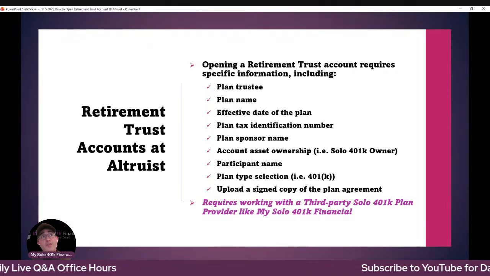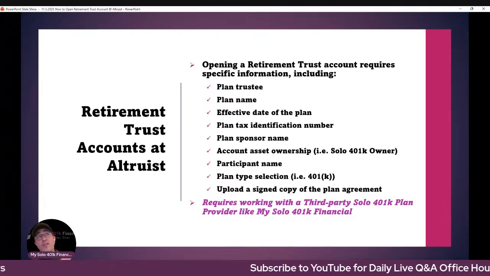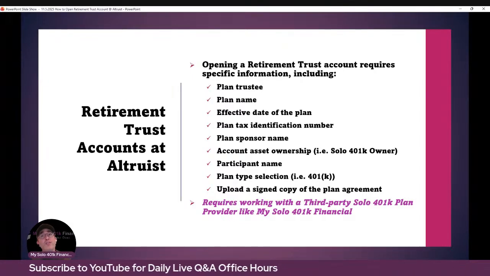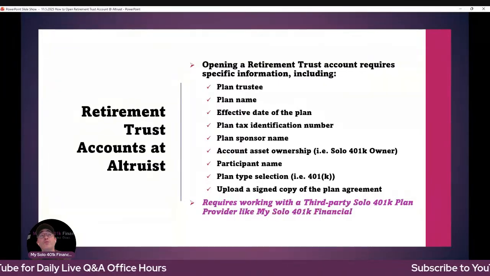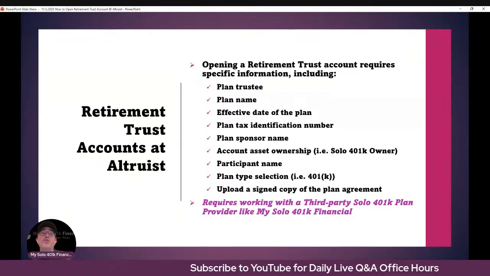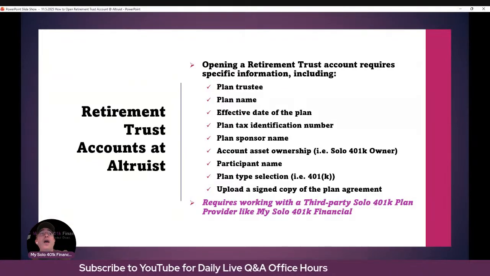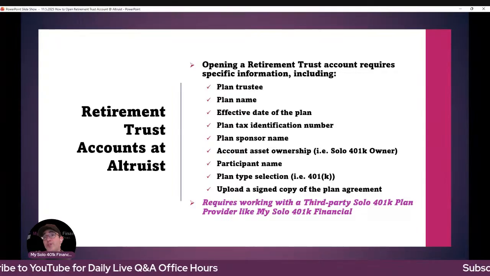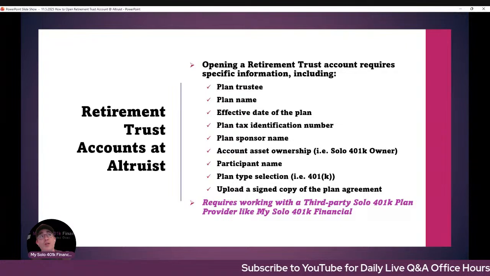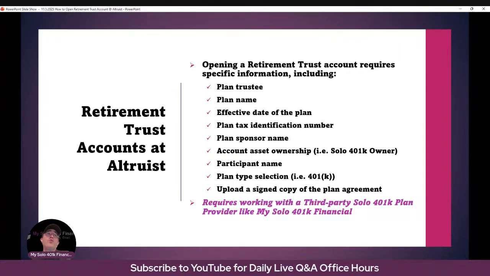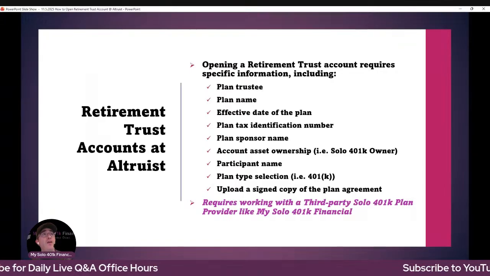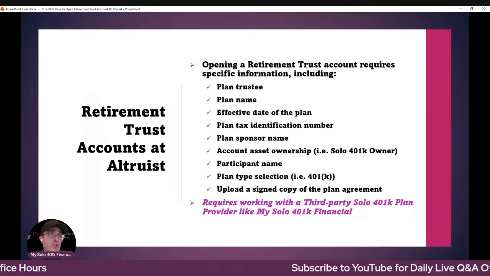The effective date of the plan, so this is going to be the date that's listed in the adoption agreement. If they're setting up a new plan here in 2025, the effective date of the plan is January 1st of 2025. If they're upgrading a pre-existing plan to our plan, let's say it's a basic plan at Fidelity or Schwab or even Altruist, then there will be the original effective date, which is when they first established the pre-existing basic plan, and then the restatement date. From a solo 401k perspective, it would be acceptable to use either date when completing that retirement trust account application on Altruist's